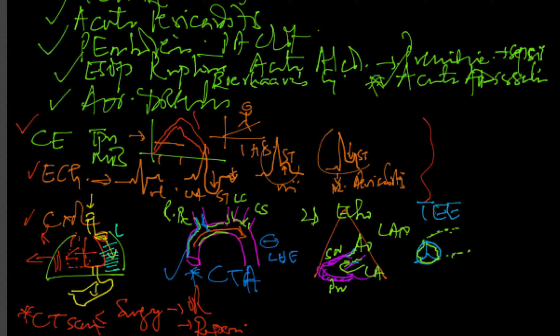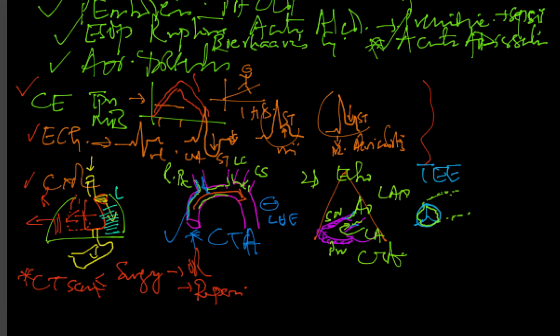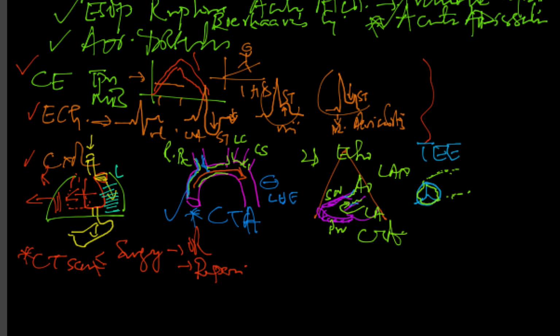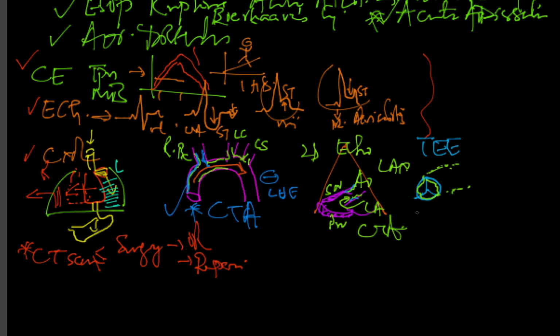But again, this is a semi-invasive test, but nothing like doing a CTA, which will be with contrast, which will help you localize exactly how far your dissection has occurred, whether it's in the descending, whether it's in the arch, whether it's in the ascending portion, or is there any compromise within the heart, etc., or there's a leak in the pericardium, which is called hemopericardium, because the blood will now start seeping into the pericardium, etc. So these are various testings.